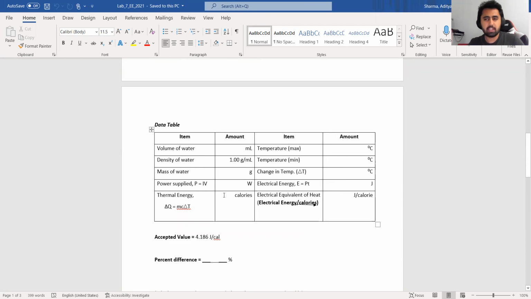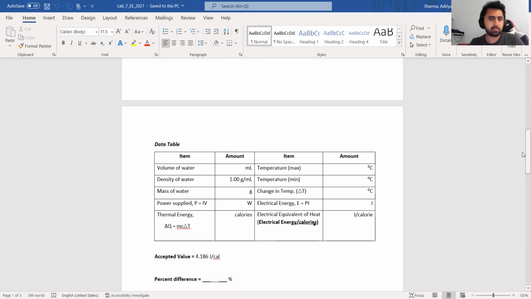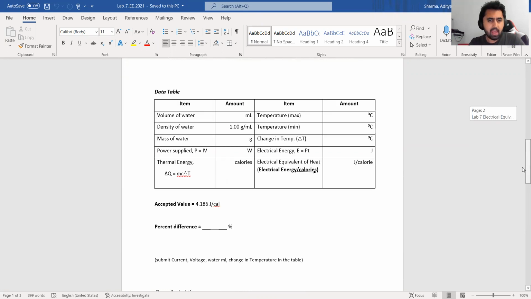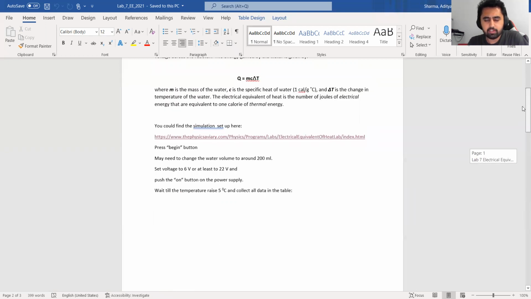Now, something you could do here is keep everything in grams. We usually don't do this in physics. We want to change everything into SI units, but in this case, because the specific heat is in these units here, grams, and density here is in grams per milliliter, maybe you want to keep it in grams, or maybe you want to convert everything into SI units first. That's your choice, whatever is easier for you. But if you keep everything in grams, then you don't have to change the density into kilograms per meter cube or something,